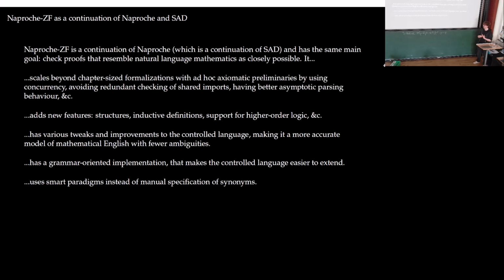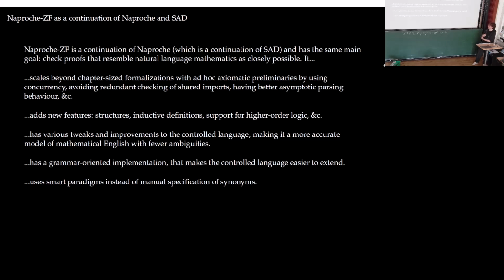We want to go beyond formalizations that use ad hoc axiomatics to reach a single specific theorem. We want to be able to have a standard library like you would find in other proof assistants as well. And it has various new features like structures that I showed to you, but also, for example, inductive definitions,